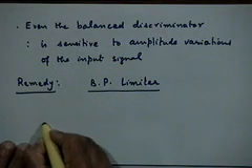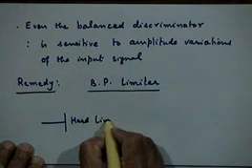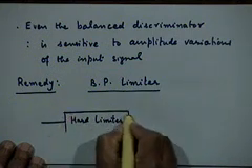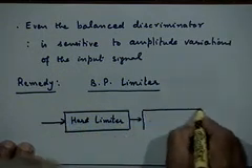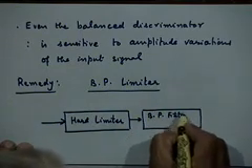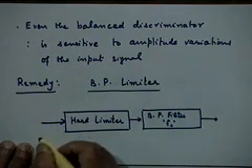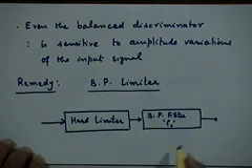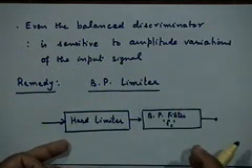And if you remember, the block diagram of a band pass limiter is something like this. You have a hard limiter. Remember what is a hard limiter? Followed by a band pass filter tuned to the frequency fc, the carrier frequency. This system as a whole is known as a band pass limiter, right.